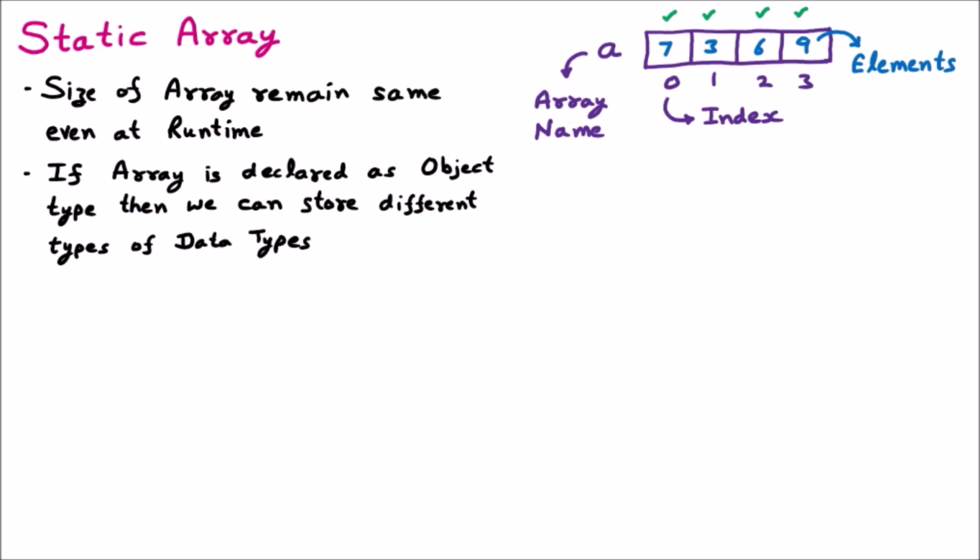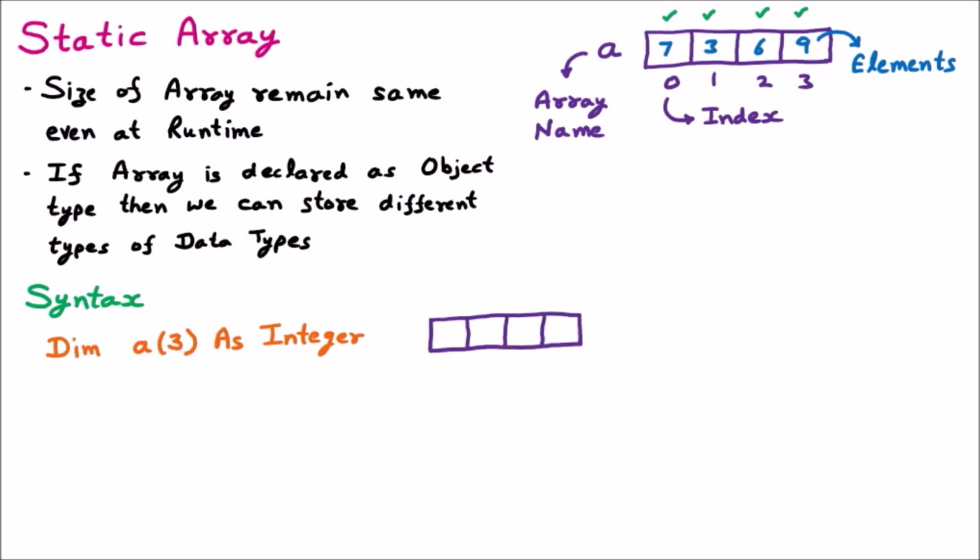Now we are learning the syntax of the static array. So now we are taking a few examples. With the help of that, we will understand how to declare and initialize the static array. The first one is Dim A(3) as Integer. If we compare the arrays of C programming and .NET, the array is different. Now we know that if in C programming we declare A[3].